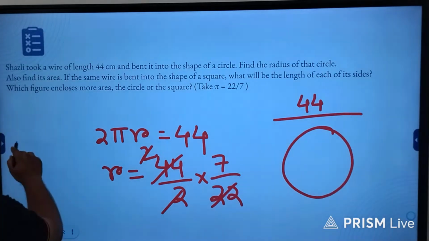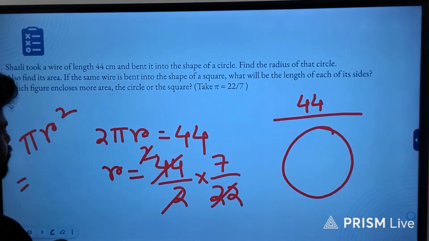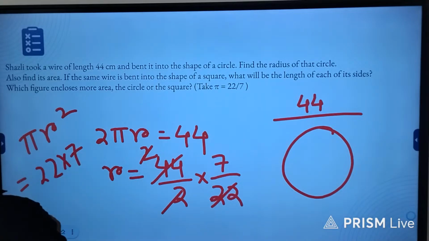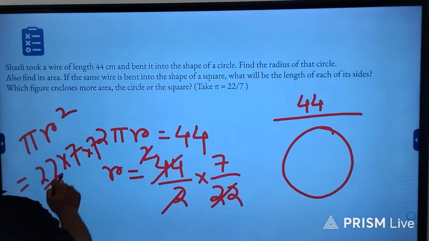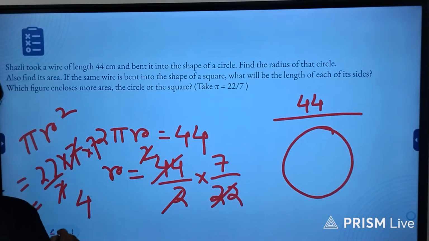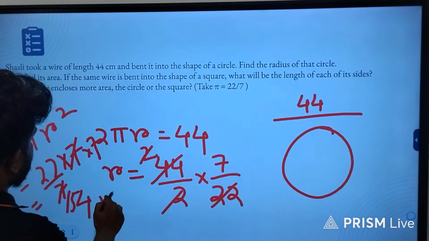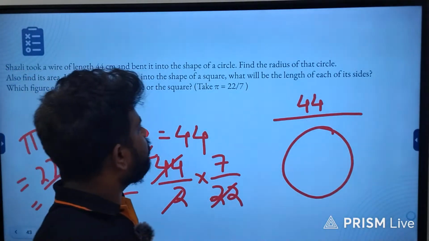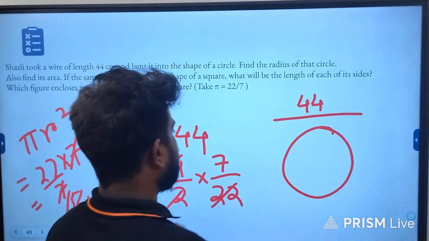Now find the area, that is pi r square, that will be 154 centimeter square. Okay, so the area for the